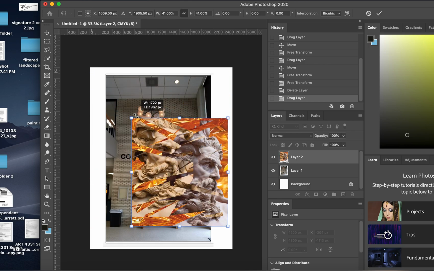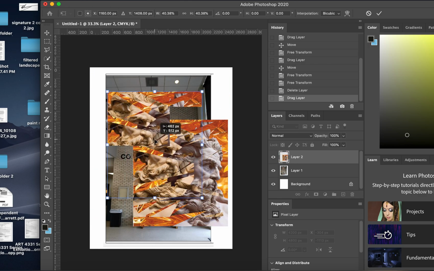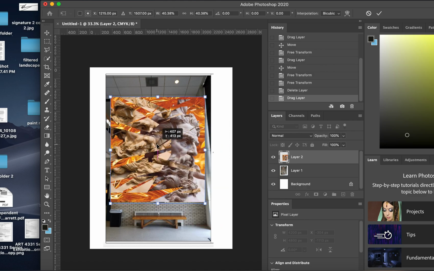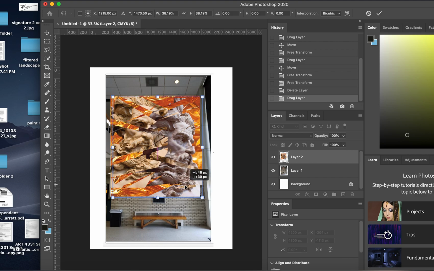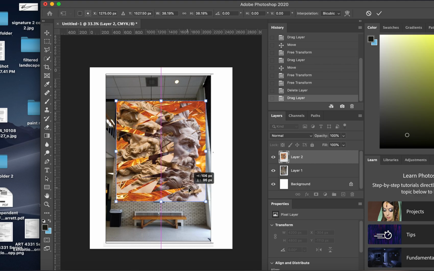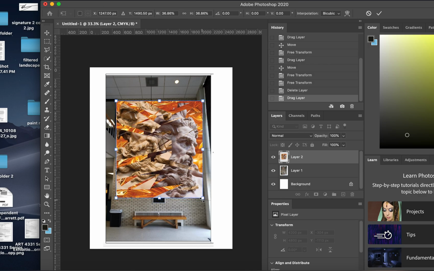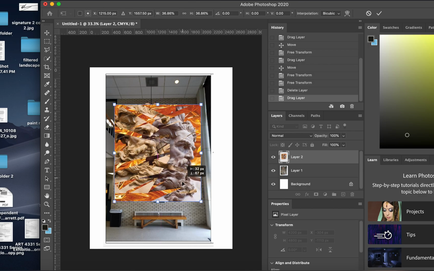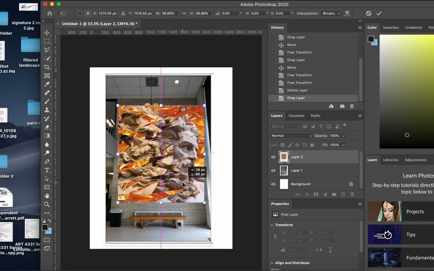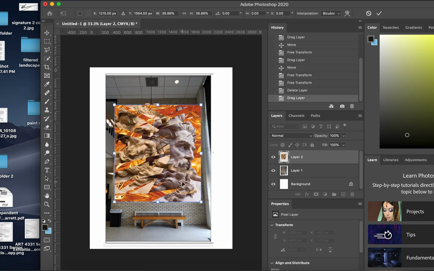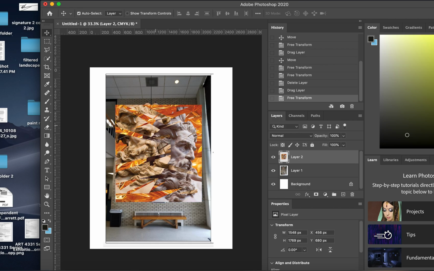And you want to get it to about the size that you would want it. So I'm going to move it into that space, make it a little bit smaller. And I know at the very bottom there that it would take up about that amount of space. You'll notice that the perspective, I'll just nudge that over a bit, the perspective is ever so slightly off. So what I need to do is press Enter,